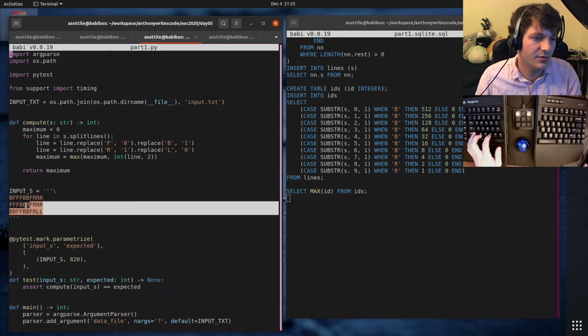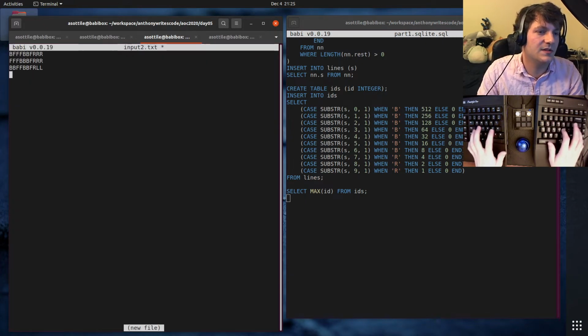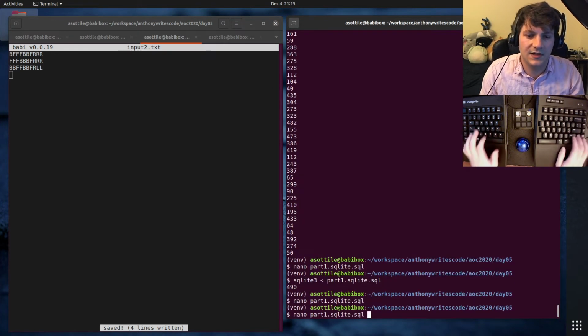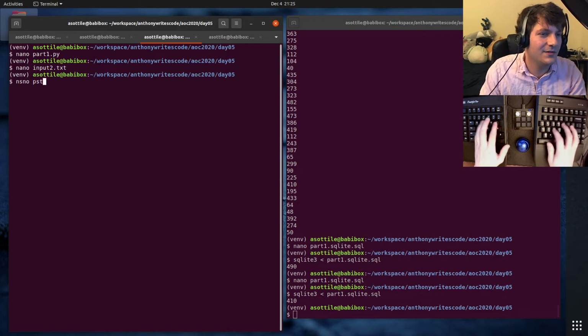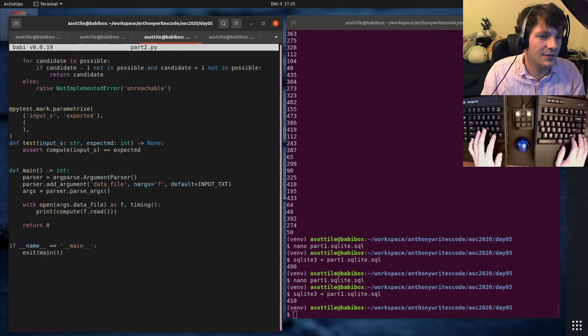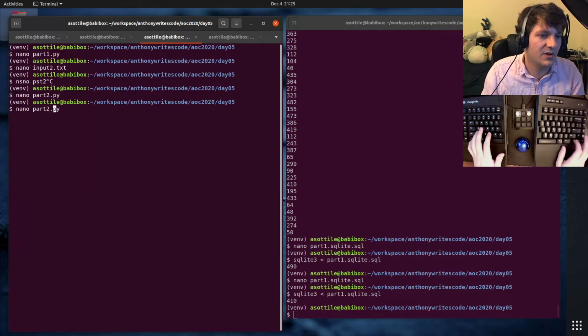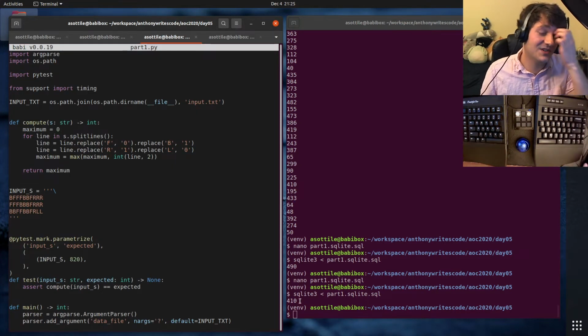Let me try and put this in a small text file, input2.txt, and then we can debug and see what we're getting wrong here. Input2.txt. 410. It looks like it's half the value that it's supposed to be, which makes me think that I'm bit shifted by 1 somehow. Like off by 1 in some direction. I want part1.py, not part2.py. Okay, so we should have gotten 820, we got 410.